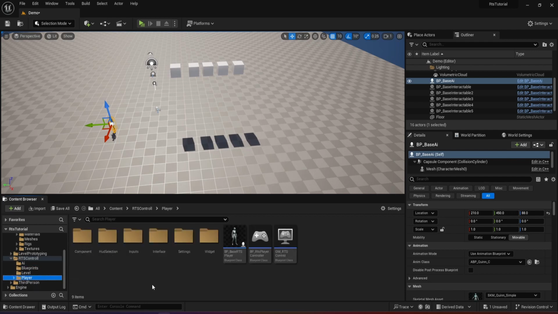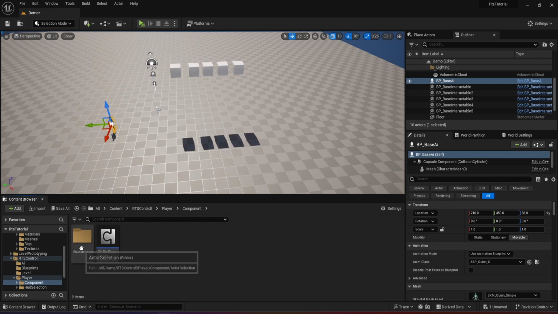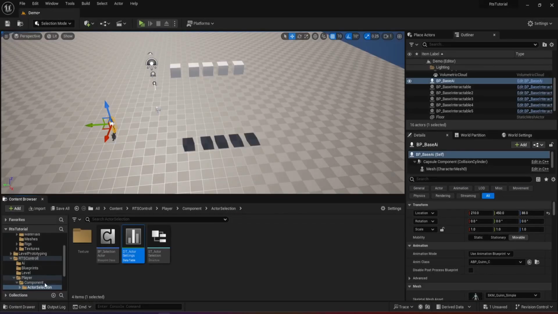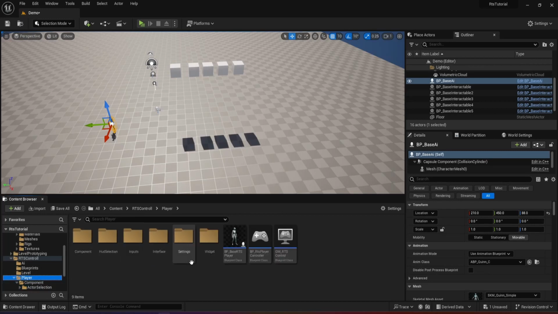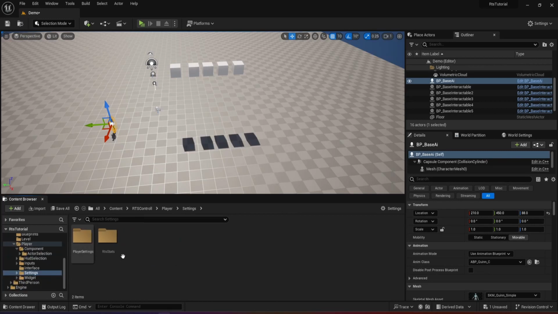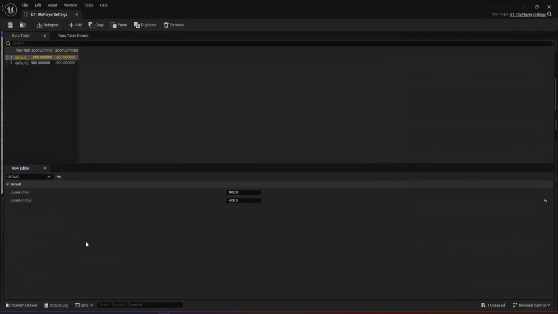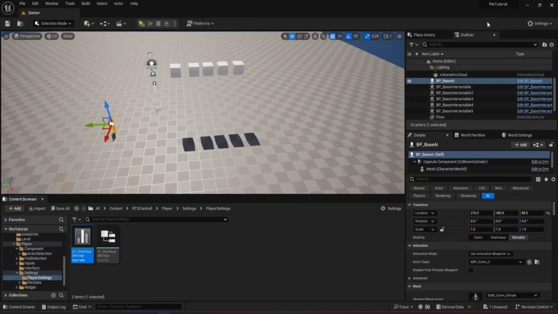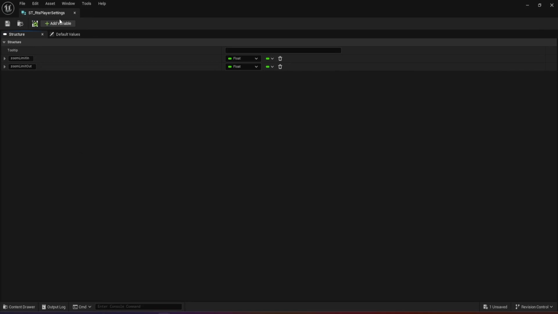Player, that's the place I wanted to go. Now you guys remember that for the components, actor selection, we have actor selection settings. So this is where we basically select what actors we're trying to select, and we also have settings here, right? So what I want to do here for the player settings, because the player settings is being used on the player itself, I'm going to create another variable here, and I'm going to call this